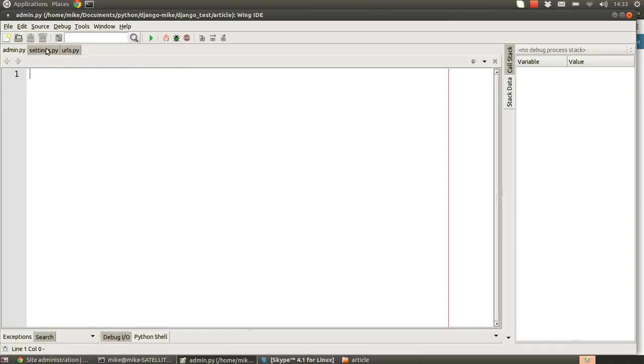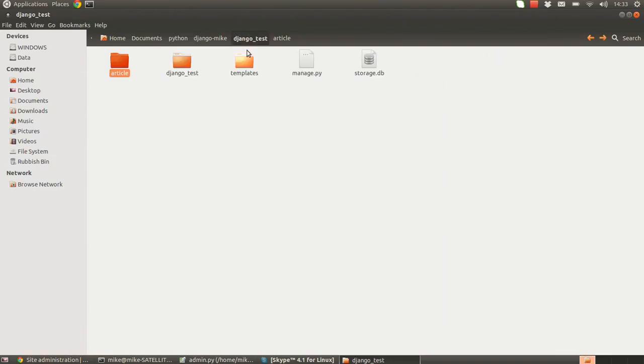Well, the first thing we need to do is go into our project folder inside of our Django example. Now, this is the same example that I've used in all the other tutorials, so if you've still got all the code from previous tutorials, this should fit straight in there. Now what we're looking to do is open up the settings.py file,